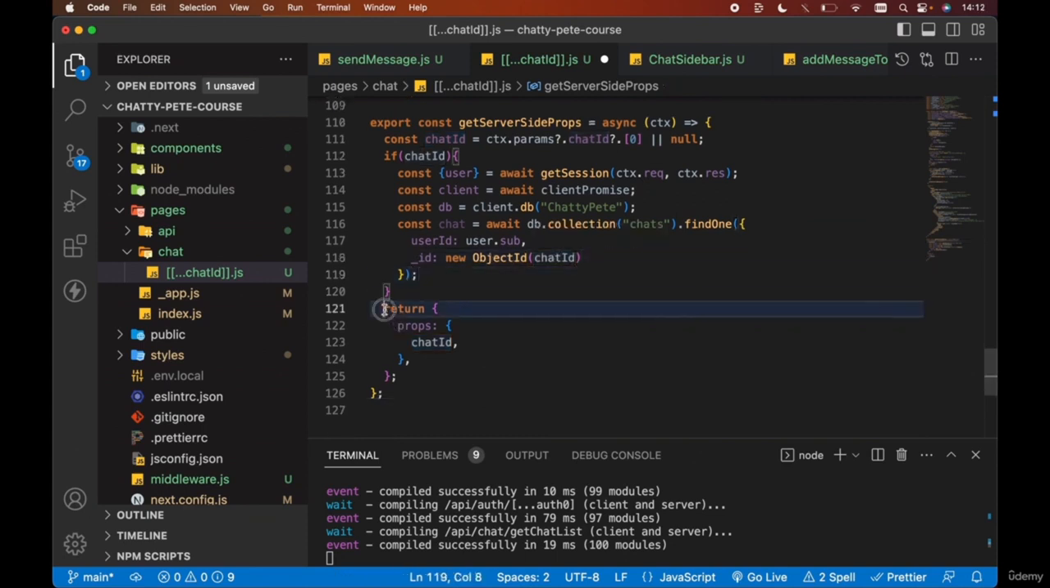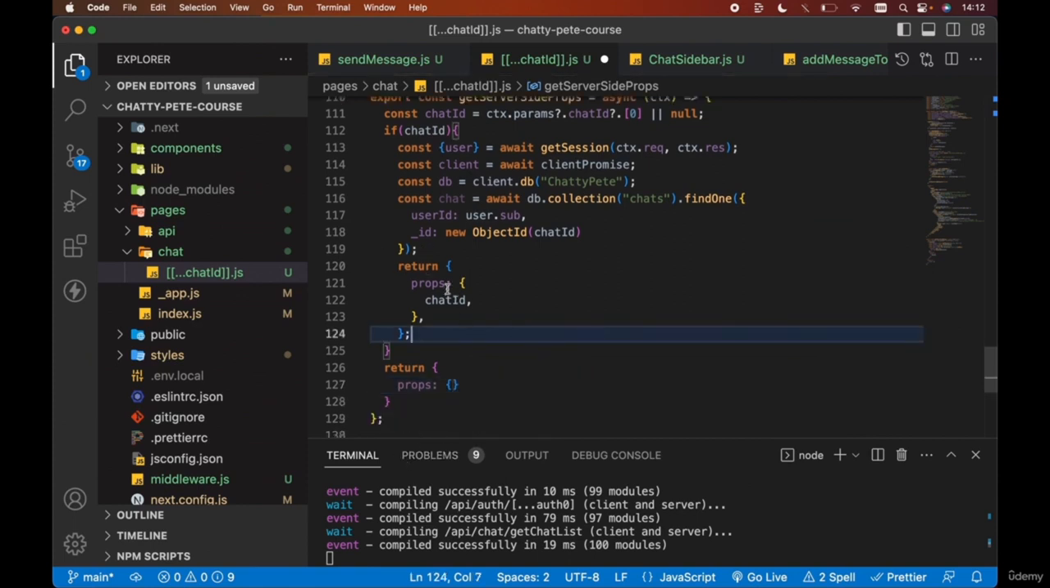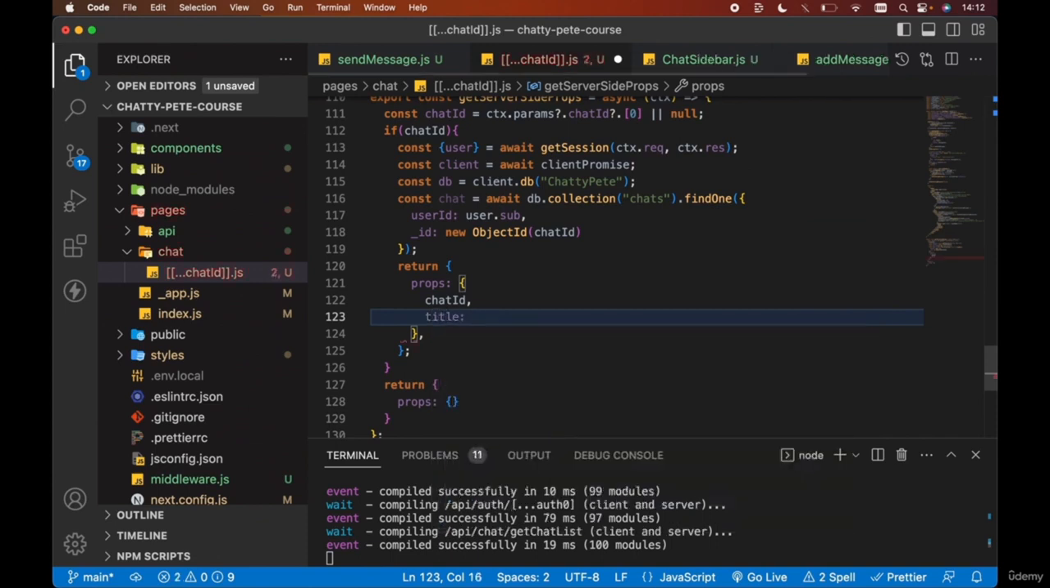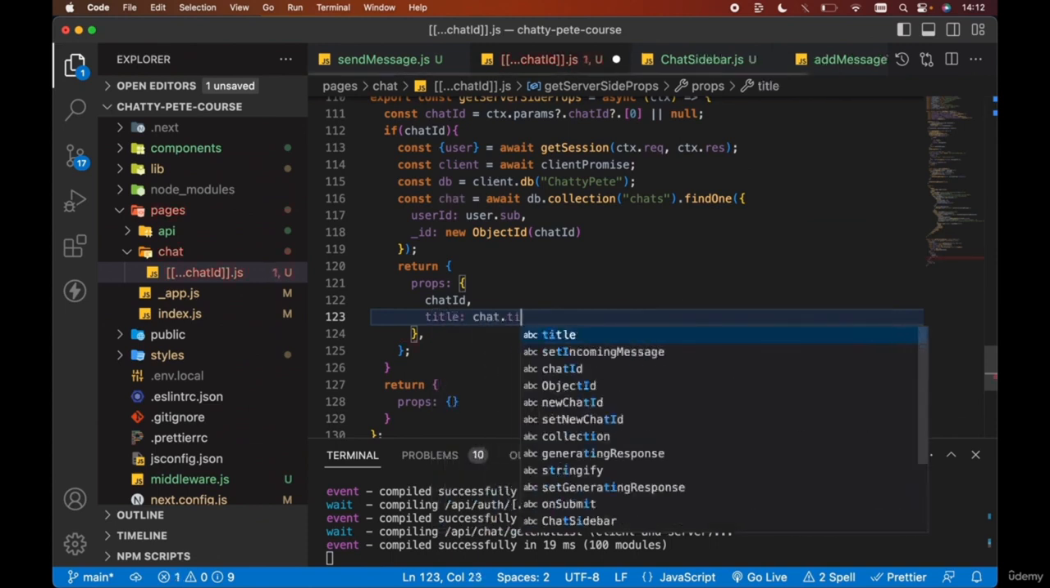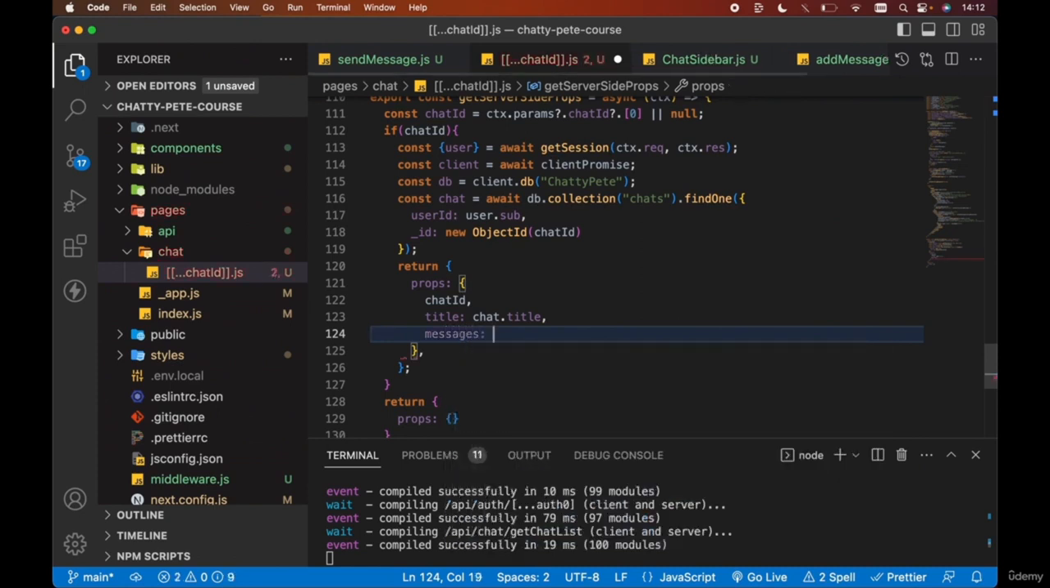Then we want to move where we're returning our props here. Let's move this up into our if statement. So if there's a chatId, we'll return the chatId, and we're going to return the chat title and the chat messages. However, if there's no chatId, we'll just return an empty object with an empty props object. However, if we do have a chatId, we want to pass down the chatId, we want to pass down the chat title, so we can set this equal to chat.title, and we need the associated messages for this chat, so we can go